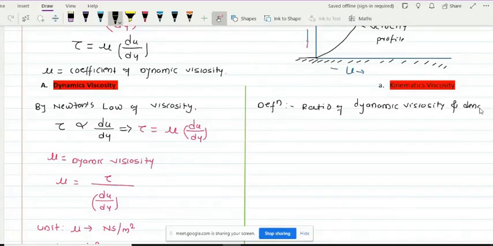It is denoted by nu, that is mu by rho, dynamic viscosity per unit density, and it is called kinematic viscosity. What is the unit of kinematic viscosity? The unit is meter square